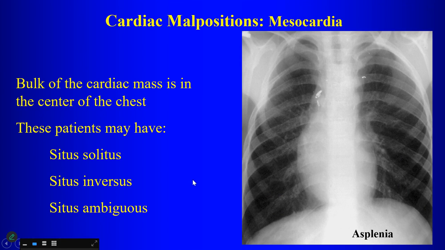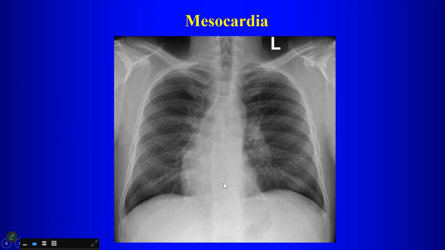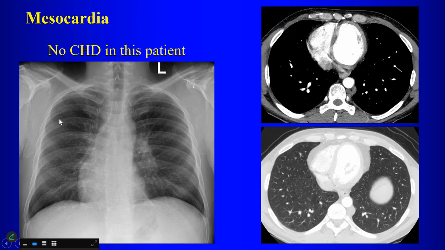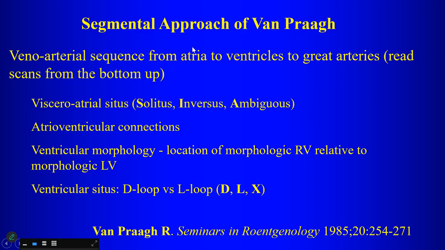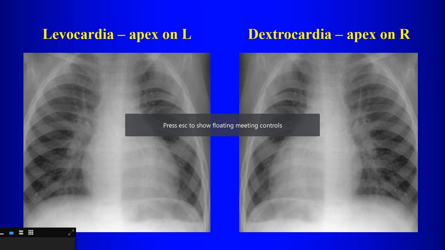These patients can have anything, although in most cases these patients are just normal. It's just kind of an anatomic variant where the heart is in the midline. The bulk of the cardiac apex, or the heart itself, is in the midline of the body. So here's a patient with mesocardia, had no congenital heart disease. So in most cases, these patients with mesocardia will have no congenital heart disease. All right, so continuing